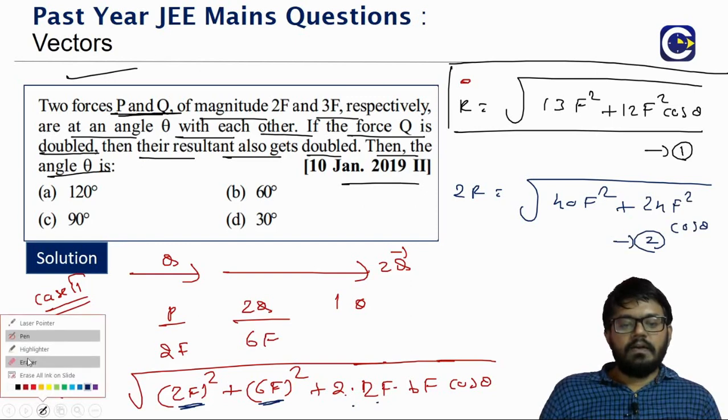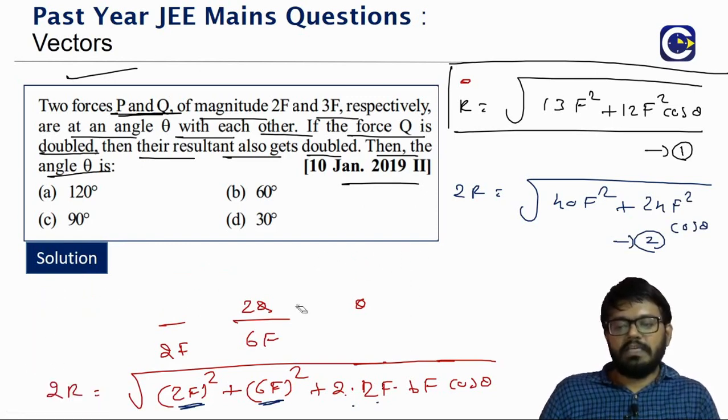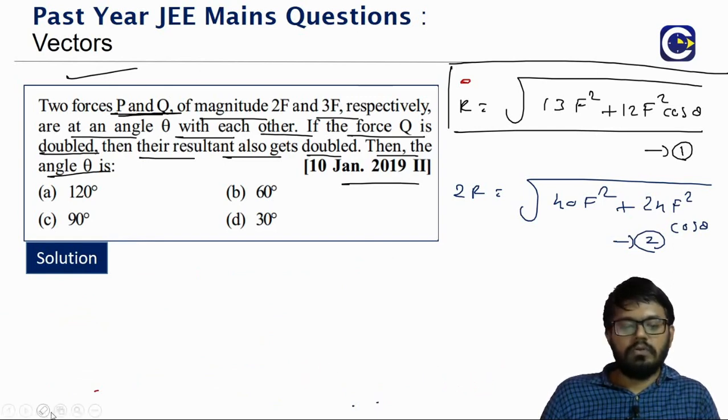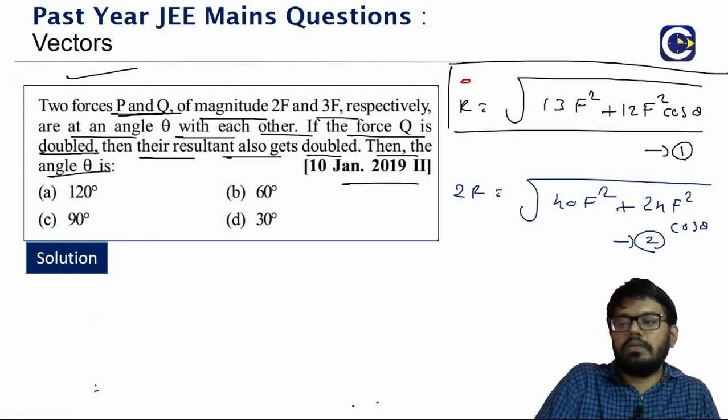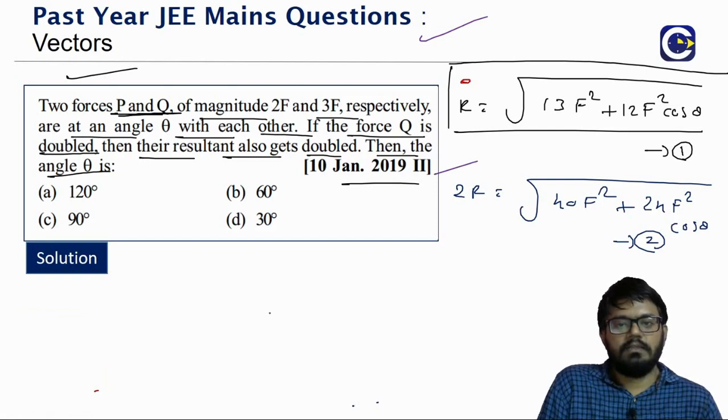Now you see here, from this, what is it that we are supposed to get? We are supposed to get what is the value of theta, right? What is our task here? We have to get what is the value of theta. Then in this we have to use the equation 2 and get the value of the theta. So how do we get it?